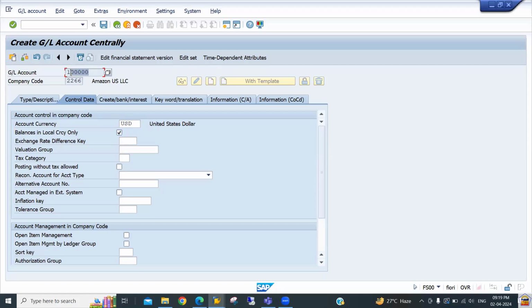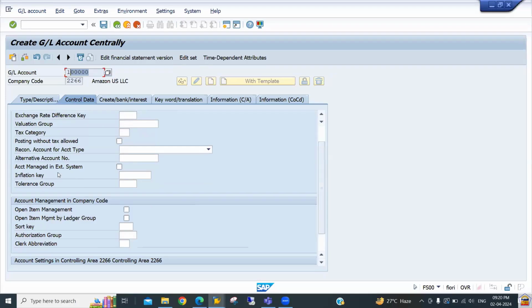So the system is going to translate that balance into the local currency and show us the balance only in the local currency, which is going to be USD. Then after that, you need to go down. The difference we have in the SAP S/4HANA and ECC with respect to this GL master data and particularly this